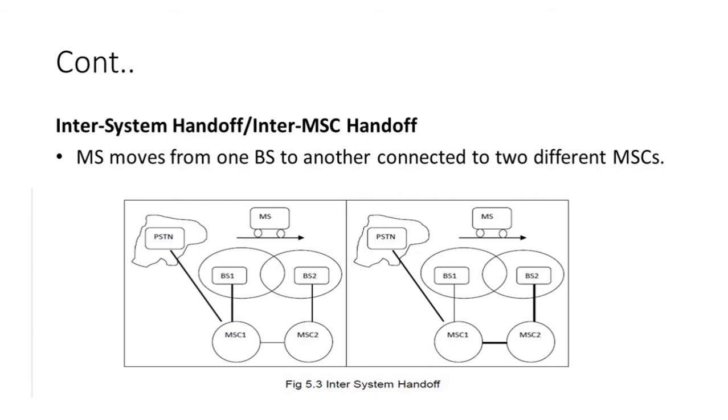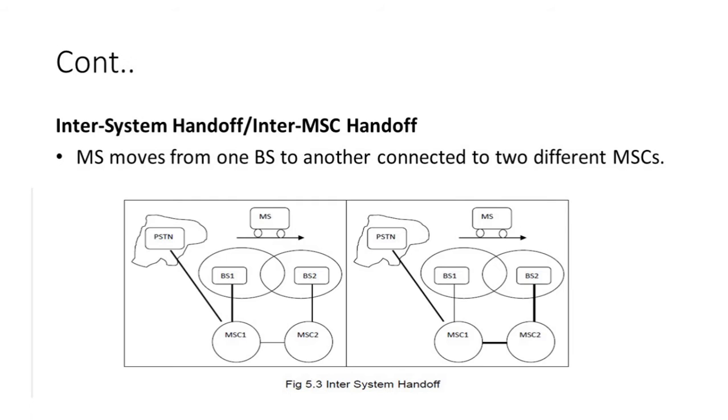Assuming that a voice channel is available in BS2, MSC2 instructs MSC1 to start radio link transfer. MSC1 sends the MS a handoff order. Now MS can access BS2 of MSC2. MSC2 informs MSC1 that handoff is successful. Then what happens? MSC1 then connects the call path to MSC2. In the inter-system handoff process, another MSC is always in the call path before and after handoff. Means at times you will not lose your connection.